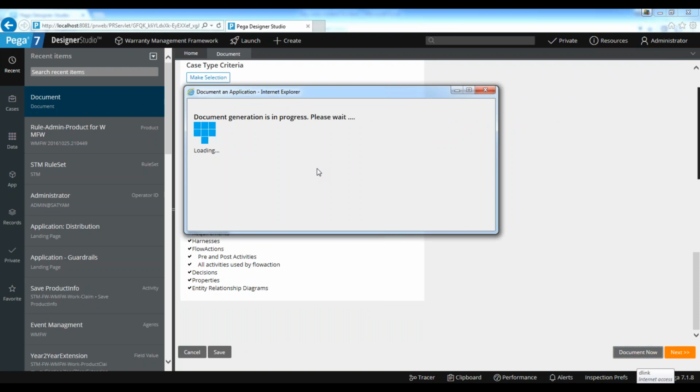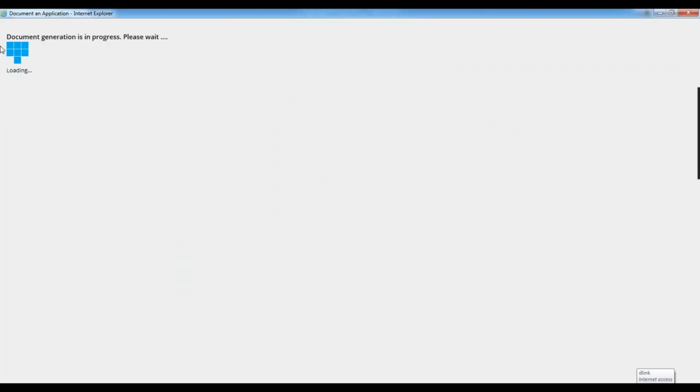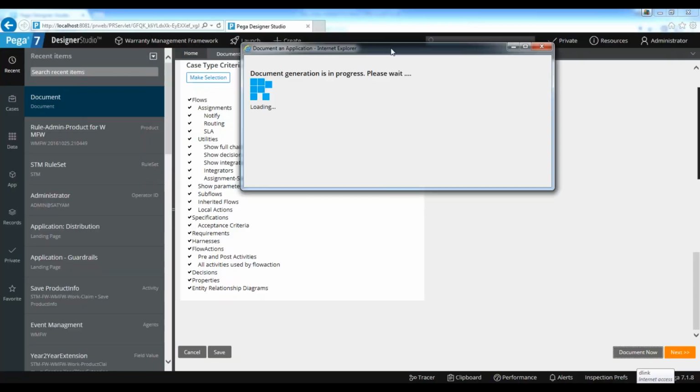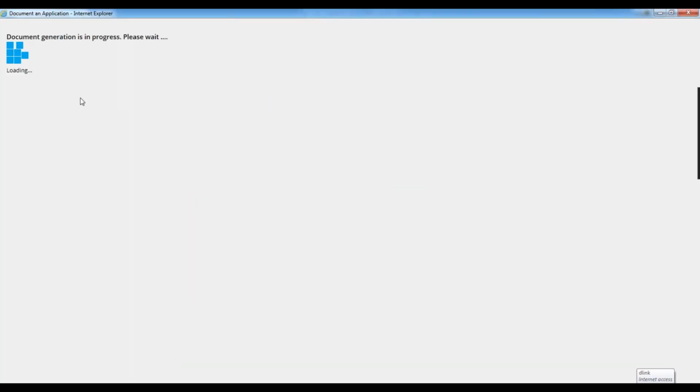Based on the size of your application, here we have only 600 rows, so maybe it will take only 1 or 2 minutes to generate the document. But if it is an enterprise application, it will take hours, so it is generally better to run this in the late hours when the users are not using much. It will take half an hour to 1 hour for enterprise applications, sometimes more than 1 hour, and sometimes more than 1,000 pages will be generated. But here we have only 600 rules, so it may take 1 or 2 minutes.